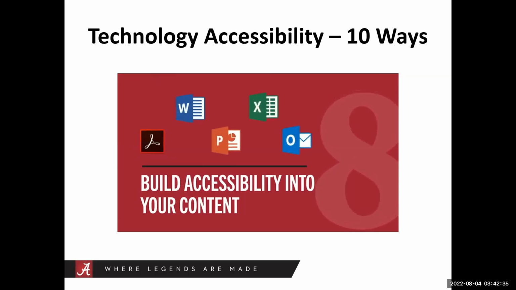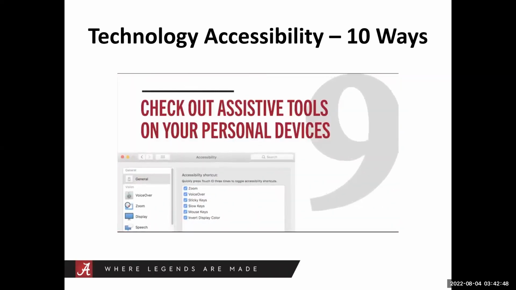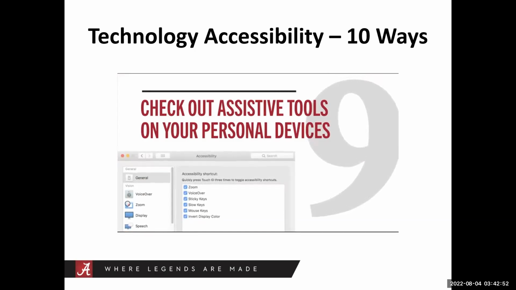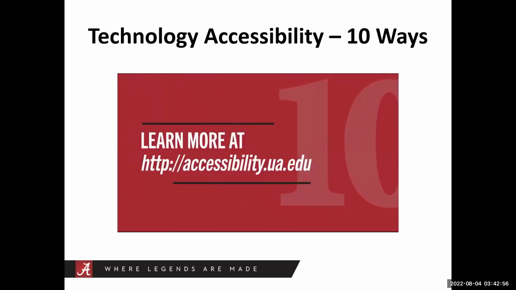Acrobat, Word, PowerPoint, Excel, and Outlook on the web have built-in accessibility checkers, as do many other authoring tools. Number 9, check out the assistive tools on your Macs, PCs, and mobile devices and think about why someone would use them. Number 10, learn more on the Technology Accessibility website,